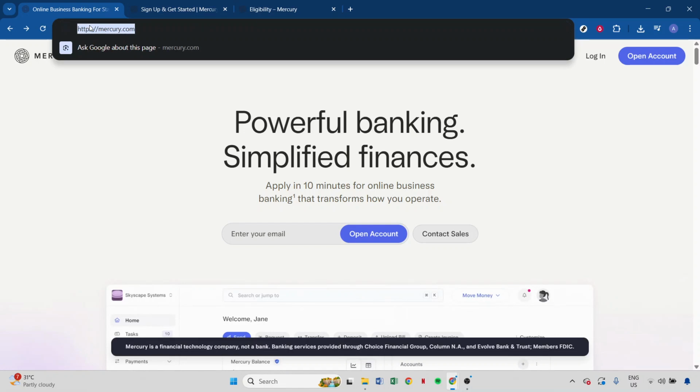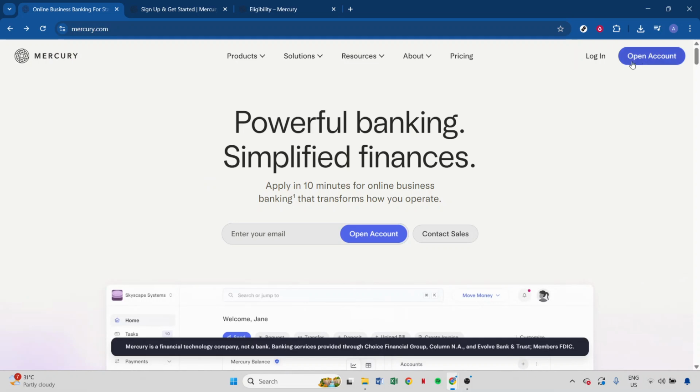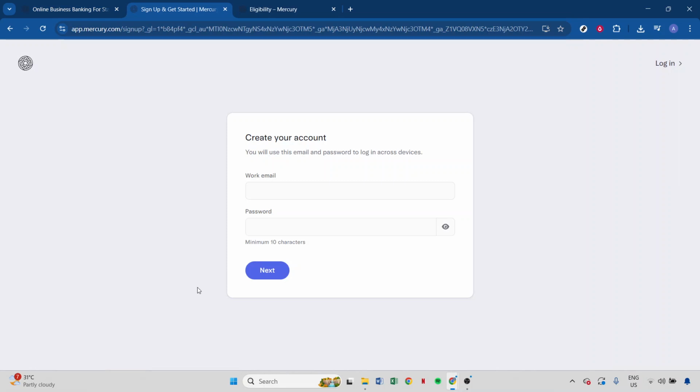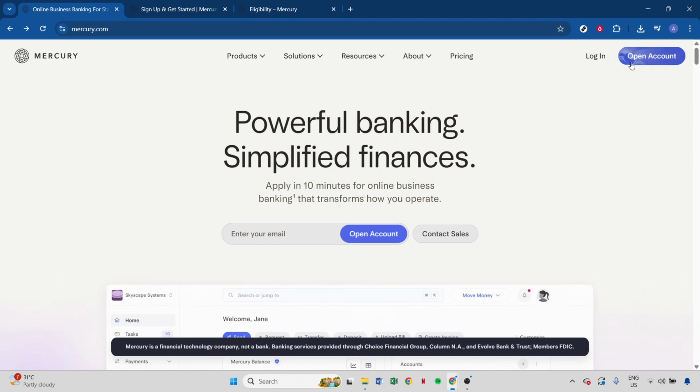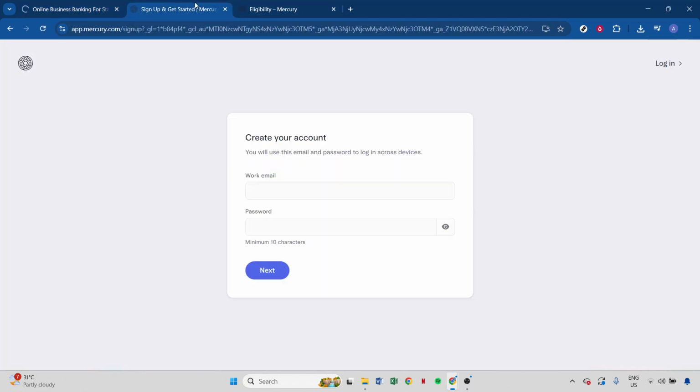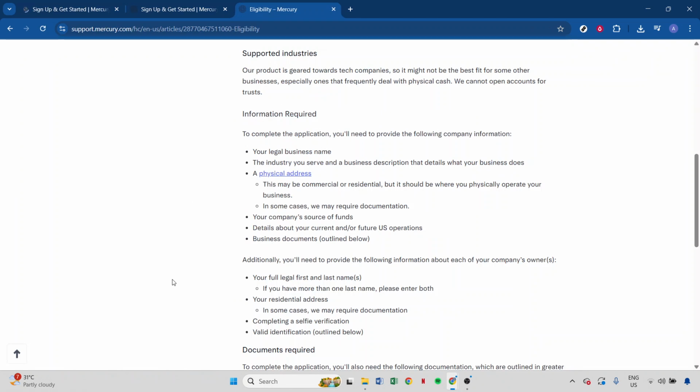Once you're there, you'll see the option to either sign up or log in, depending on whether you've registered an account before. Clicking sign up will lead you into the account creation process, where Mercury will require some essential information about your business. You'll need to provide details such as your legal business name, the type of business entity you operate, be it an LLC, corporation, or something else, your employer identification number, and your business address. Make sure all this information is accurate and up to date, as it forms the backbone of your financial identity